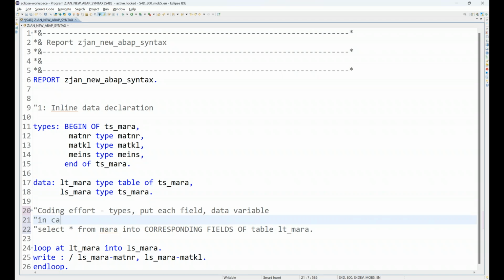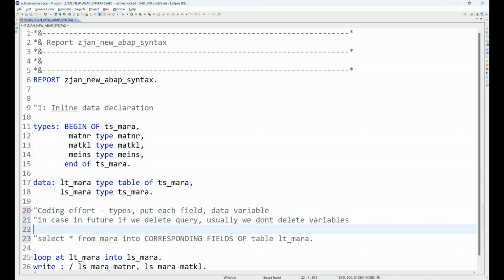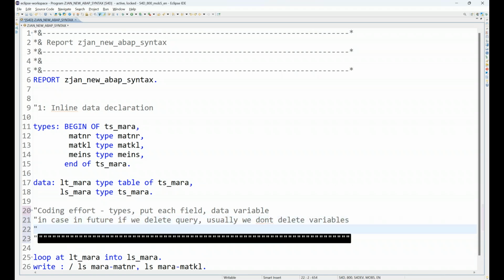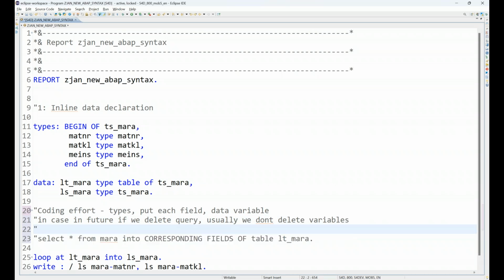So in case in future, if we delete the query, usually we don't delete variables which we created. So they will remain allocated and they consume a lot of memory. That's a second disadvantage. The third disadvantage is if something changes,